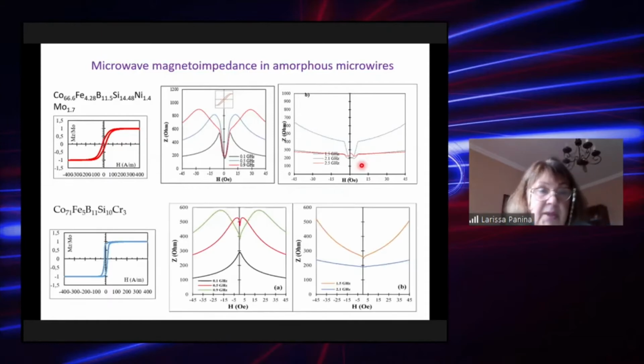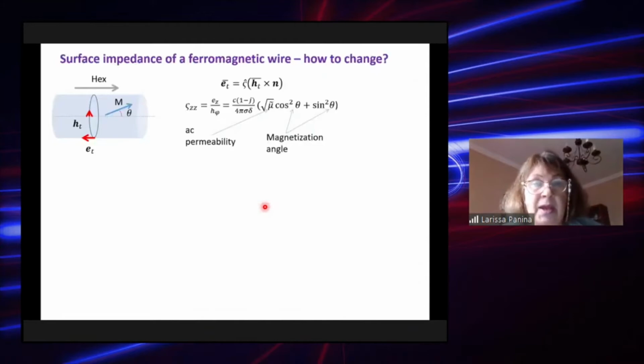per oersted. And also there is a slightly different behavior of high frequency impedance for wires with an almost rectangular loop. So we have just this one peak, but again, with increasing frequency we have quite a significant sensitivity of the impedance change. It was proposed to use this for